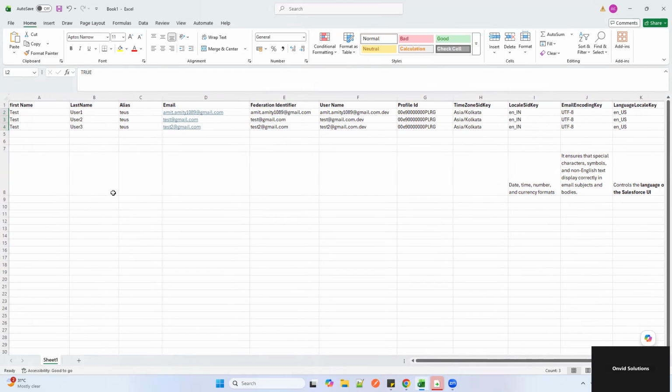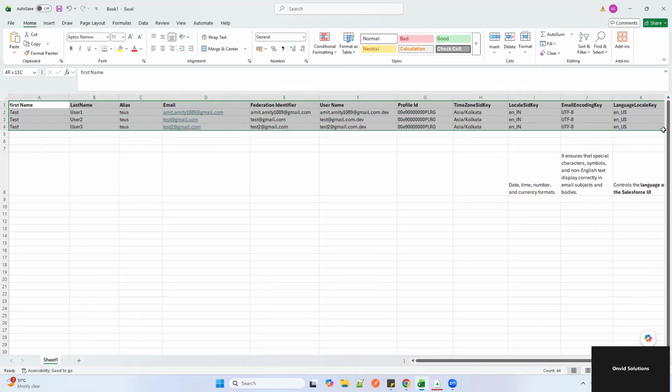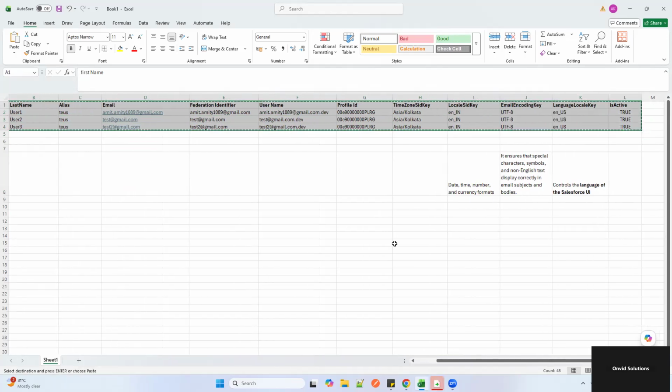So in this demo, to ingest bulk users, I have taken 3 users, right? You can ingest n number of users, whatever licenses are available in the org, right? And for demo purposes I'll be ingesting through Salesforce Inspector, but however you can use Data Loader as well, right? So I'll be giving the example using Salesforce Inspector. Now we can see how we can ingest, and let's see if this goes successful or not, right?